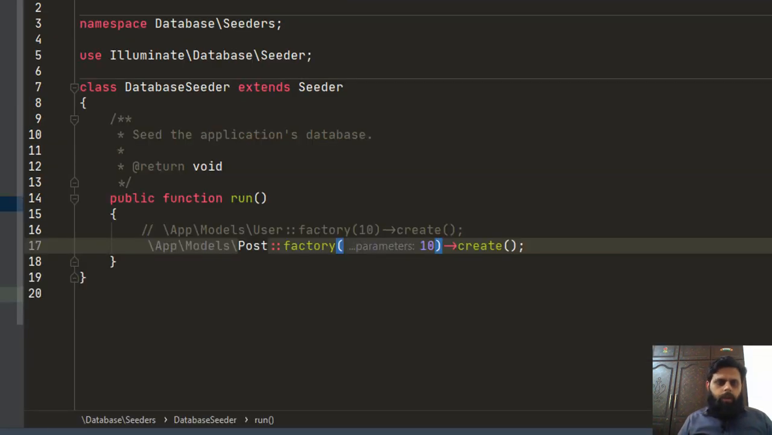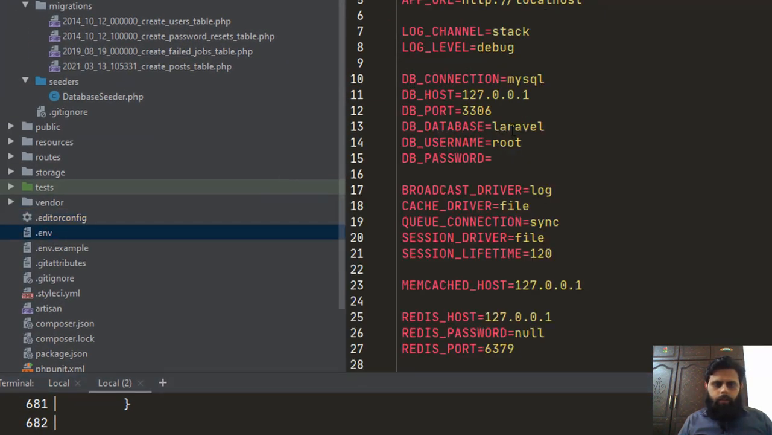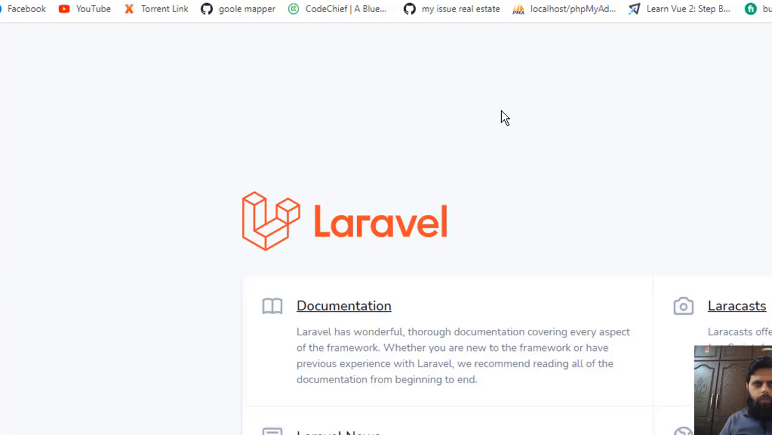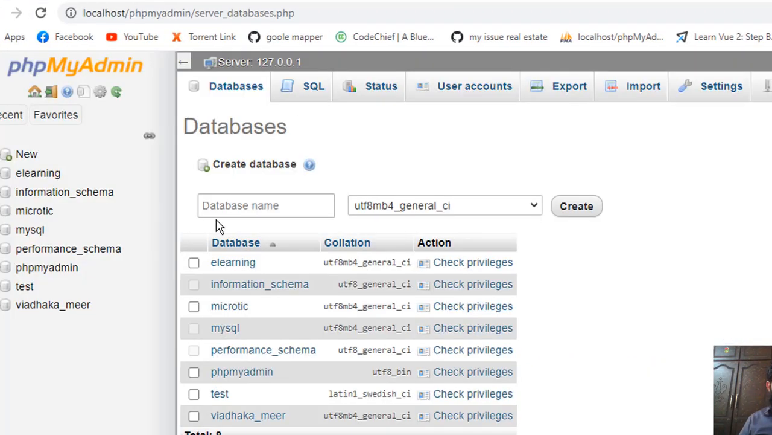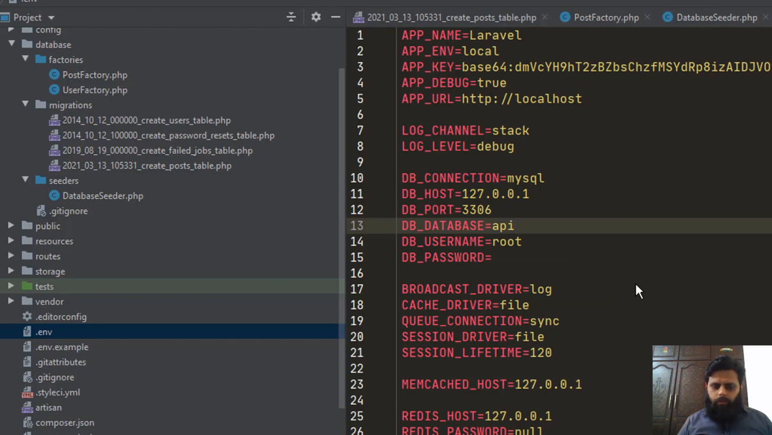I want 10 records only. I have not linked the database, so we will go to the .env file. Instead of this Laravel I will type here API. Then we will go to our browser and go to localhost. Now the database name, which is API, so the database is created successfully. Now if we go to our terminal and try to rerun this query,